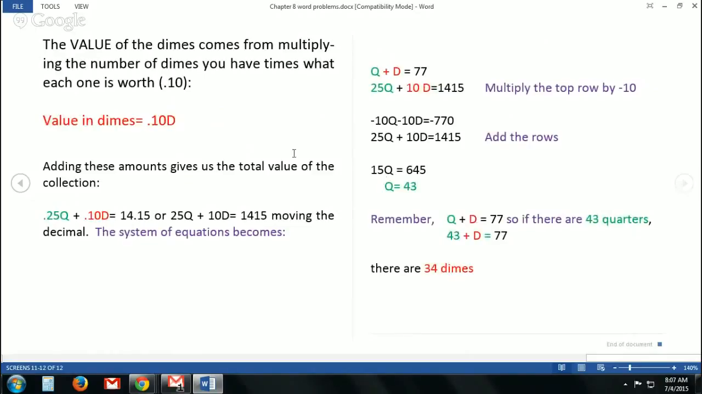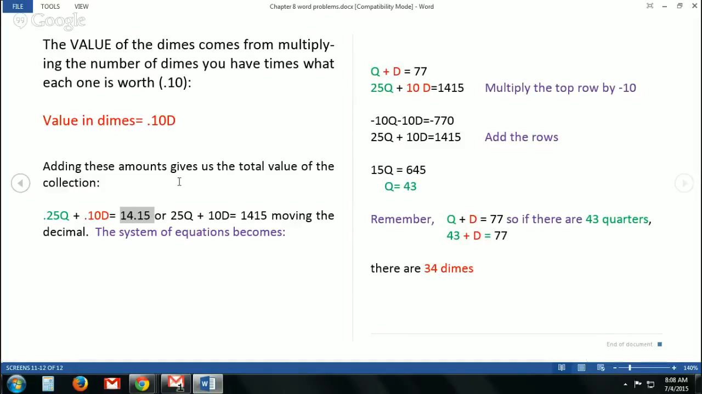Just the same for the dimes. If you had a handful of dimes and you wanted to know how much money it was worth, you would take however many dimes there were, and multiply by 0.10, the value of a dime. So 0.10 times the number of dimes gives me the value in dimes. If I add these things together, it will give me the total value of our coin collection. However much money I have in quarters, plus however much money I have in dimes, gives me the total of our coin collection, which was